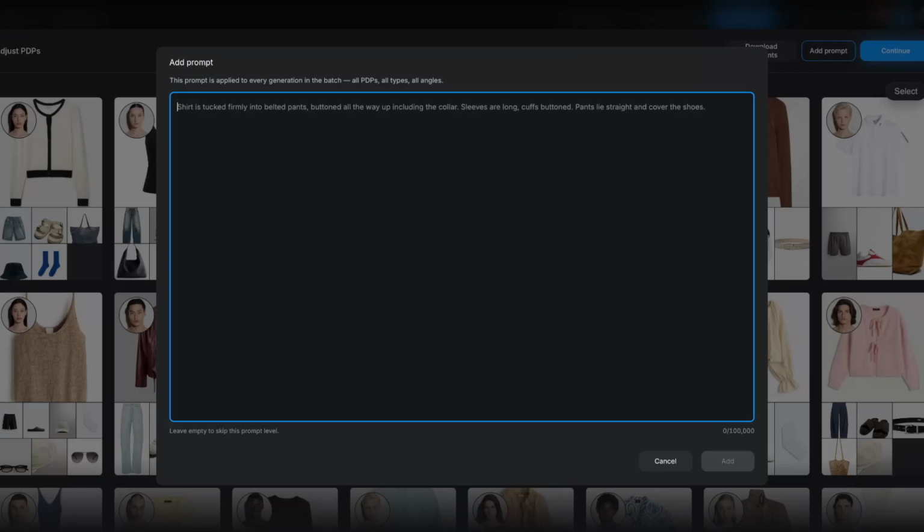So you can place the prompt about something general you would like to see as a recurring pattern across all the total looks. For example, place all the shorts must be tucked in the pants, or all the socks must be rolled up, or all the female fashion models, be accurate here, be specific, all the female fashion models have a ponytail or something like that, which again you would like to see across all the looks altogether. Then simply press the button add, and the system will work